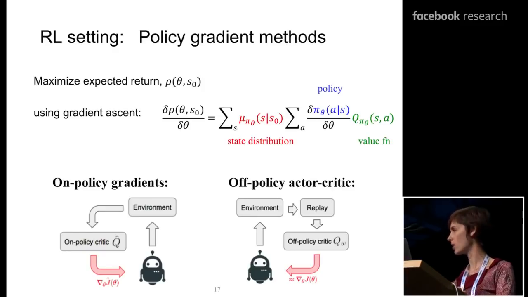In this particular case, the equation incorporates the expectation over the state distribution, what are the states that are going to be visited if we carry out this behavior, as well as the value function. So what's the expected return of taking this behavior in this particular state? And that can be done either in an on-policy way, where you actually collect the rewards and the returns by following the policy that you're trying to optimize, or it can be done in an off-policy way, where you collect data from different behaviors and then try to evaluate specific behaviors and do gradient with respect to specific behaviors.